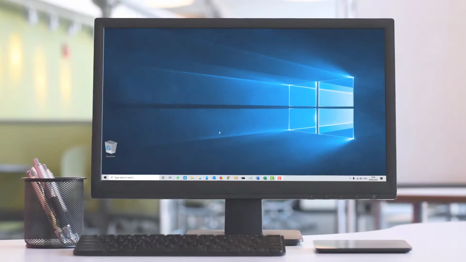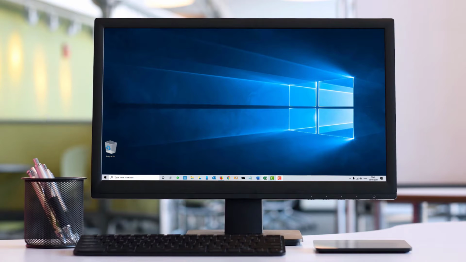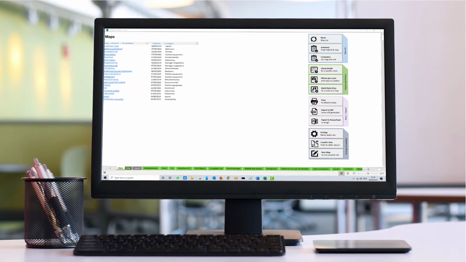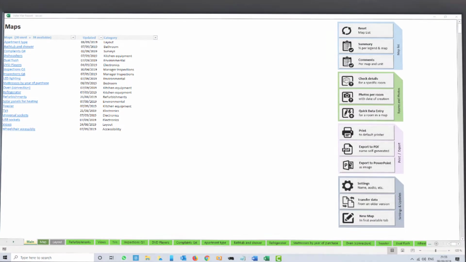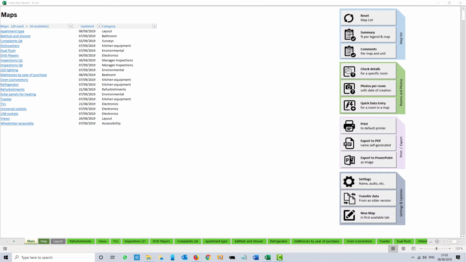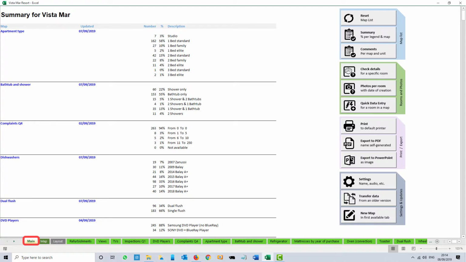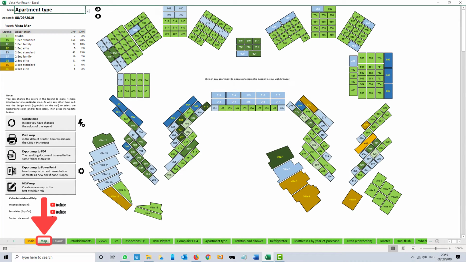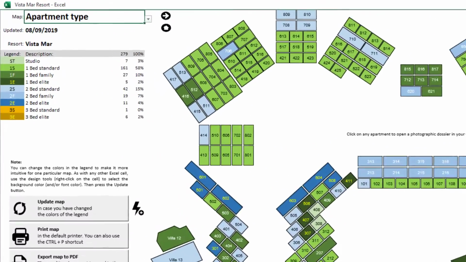Hotel mapping is an Excel file. Let's open it. The main file has three different sections: the Main tab, presenting the data in text form; the Map tab, presenting the data in graphic form;